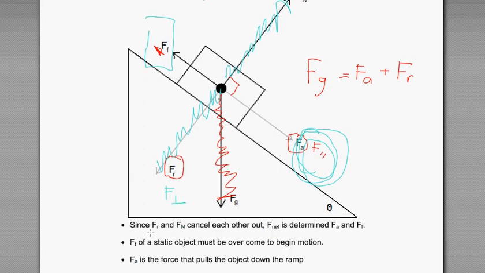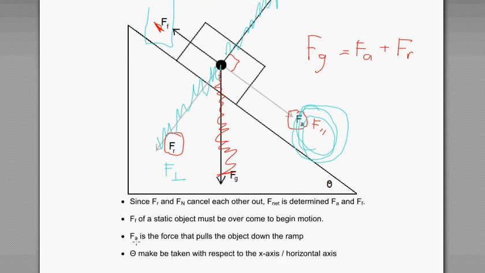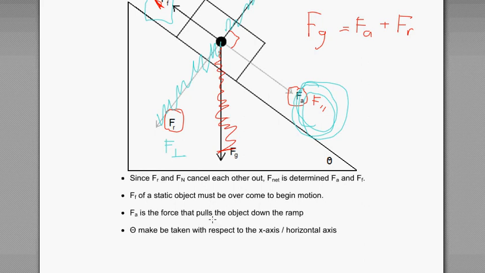Let's go back down here. FF of a static object must be overcome to begin motion. That's important, guys. If you have a stationary object, you have to overcome its static force before it can move. And then last but not least, our FA is the force that pulls the object down the ramp. It's down here. Great. And theta must be taken